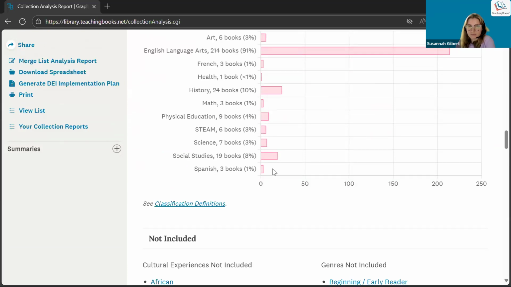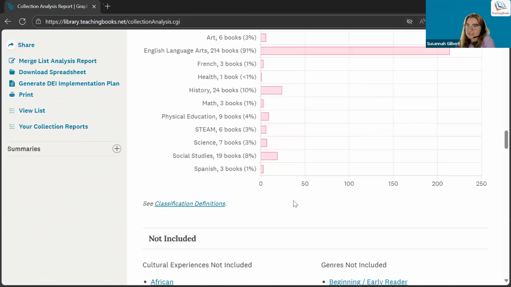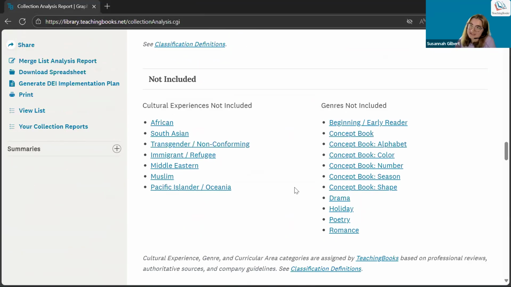Math, 3 math. Of course, Secret Coders. I should have guessed. All right, and then we have what's not included. So this is a much shorter list than we saw with our dinosaur list, obviously. But it's possible that there's something here that we want to make sure we have, right? Maybe we want to make sure we have